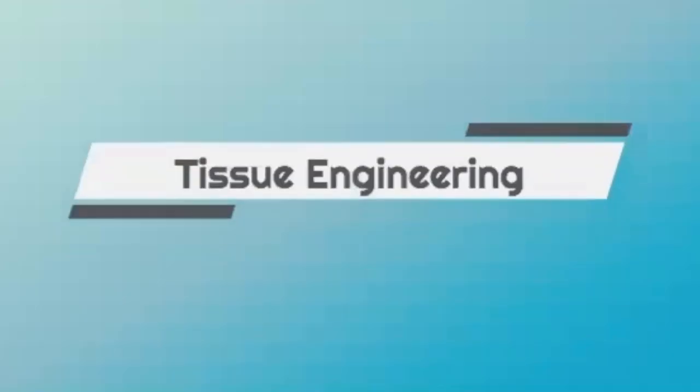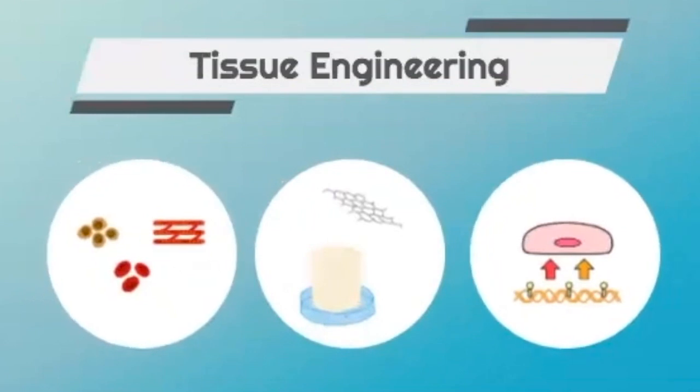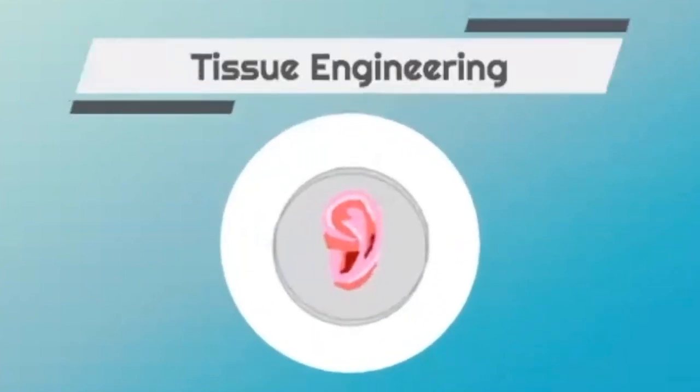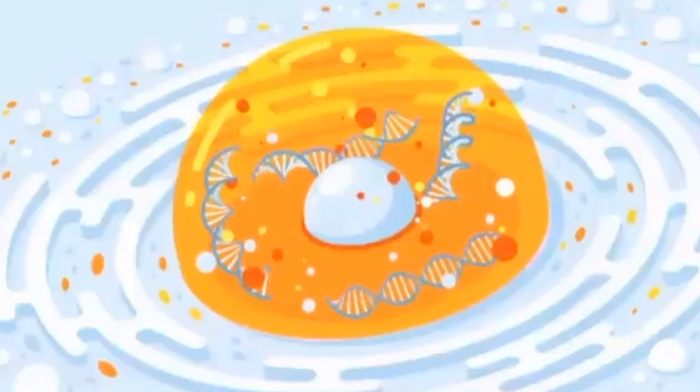Through a process known as tissue engineering. Tissue engineering is a scientific field which utilizes a combination of cells, scaffolds, and biochemical growth factors to improve damaged tissues or organs. Through cells, scientists are able to create a starting point for the genetic material needed to form